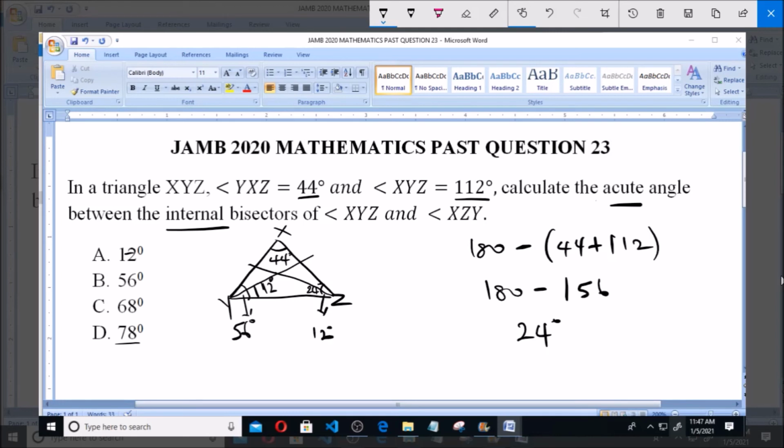12 degrees. Now the acute angle between the internal bisectors will be 56 degrees plus 12 degrees, and that is equal to 68 degrees. So the answer to this question is actually option C,